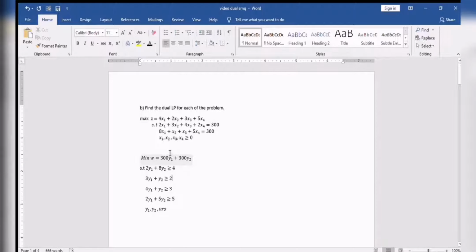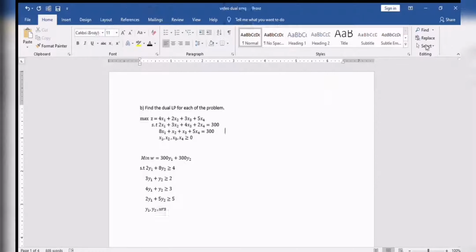The sign of each constraint of the dual is based on the sign restriction of primal, which we can see is larger or equal to. The sign restriction of the dual, which is URS, refers to the sign of each constraint in primal, which we can see is equal to